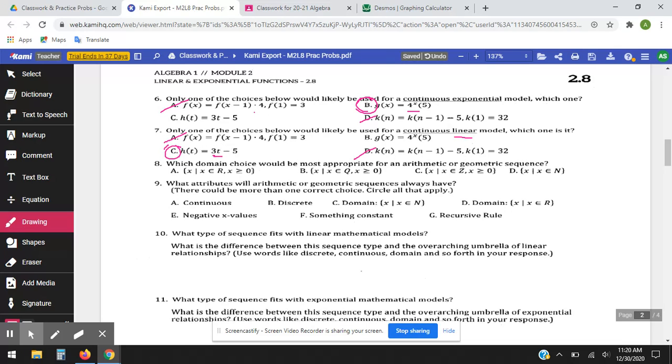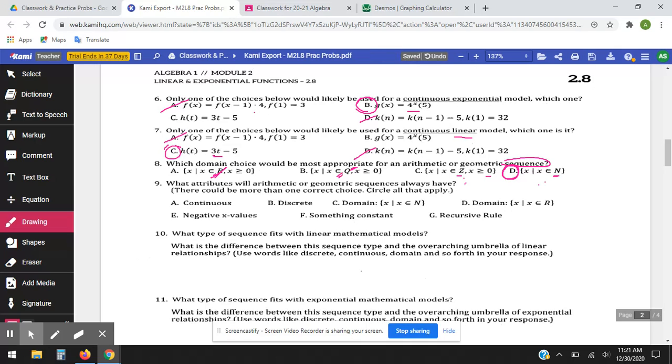8, which domain choice would be most appropriate for an arithmetic or geometric sequence? We're looking at a sequence, key word here. That means it is not continuous. So it cannot be real numbers. Same with the Q, it can't be those. So we're looking at either integers or natural numbers. Now, for the most appropriate, we don't normally start a sequence with 0. The only difference between these two is the integers include 0, the natural numbers do not. So we're going to go with D because we usually start with the first term when we list a